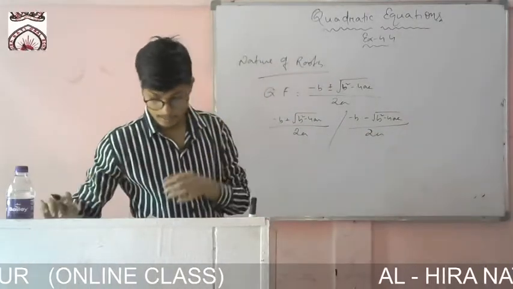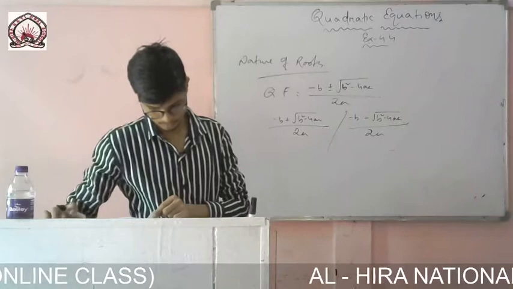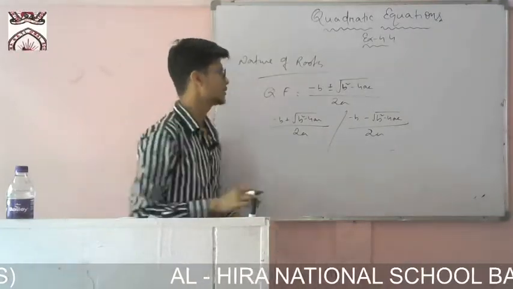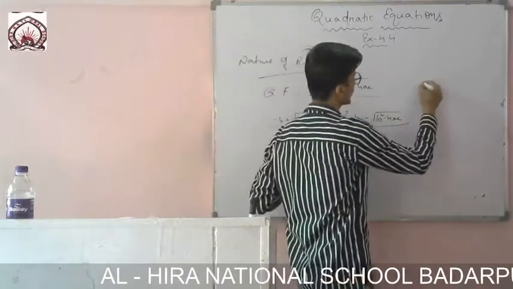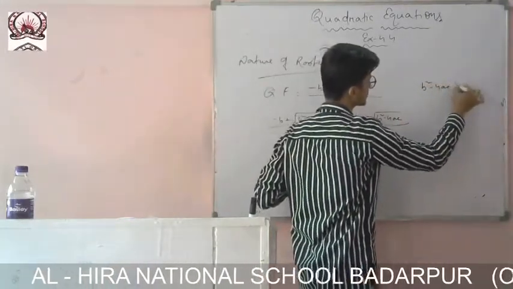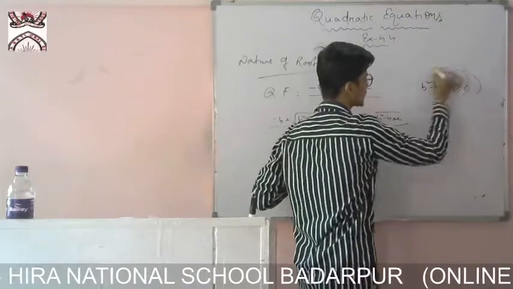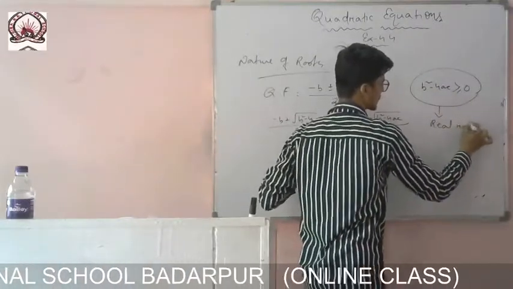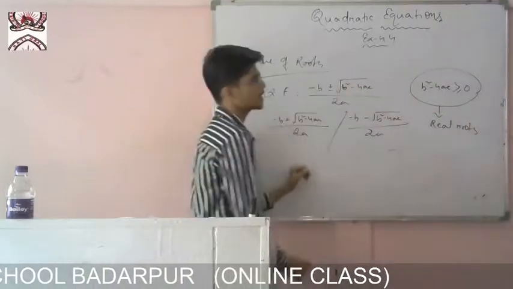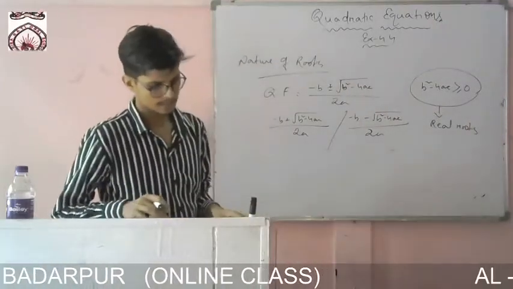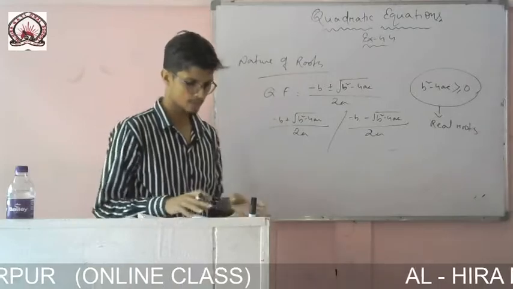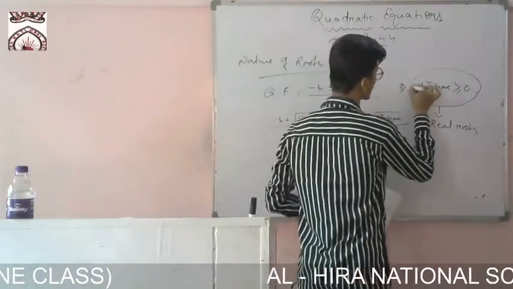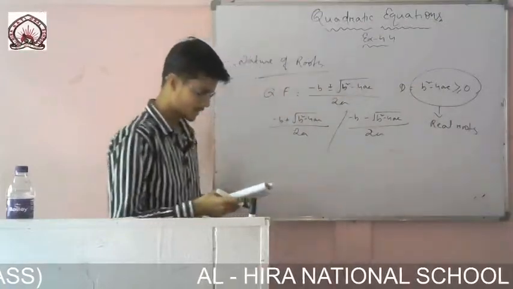So now this exercise is about nature of the roots. What we have discussed is that we can use the quadratic formula when b square minus 4ac is greater than or equal to 0. If it is greater than or equal to 0, then it has real roots. You can see in the exercise, on page number 114, the natures of the roots are given, and this part is known as the discriminant D.